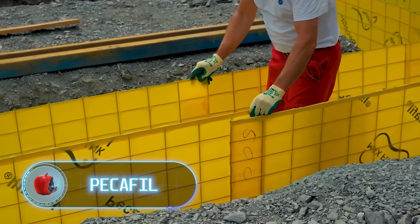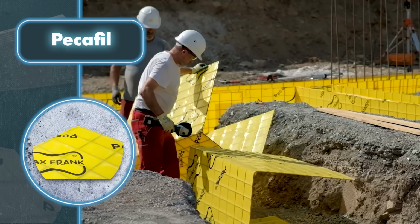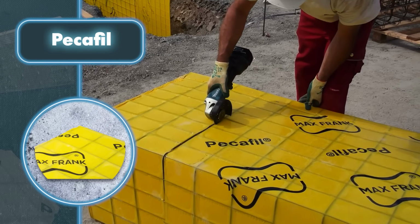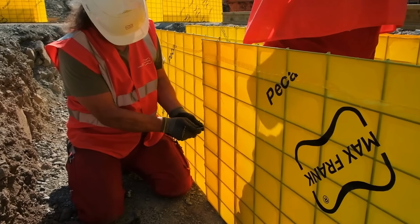Pekafell. This is a Max Frank formwork that can streamline the building process of homes or any other structure. This is possible because of its light weight, which allows for easy transport and installation of the formwork modules. They can also be easily shortened and adapted to specific conditions using basic tools, making installation even simpler and consequently